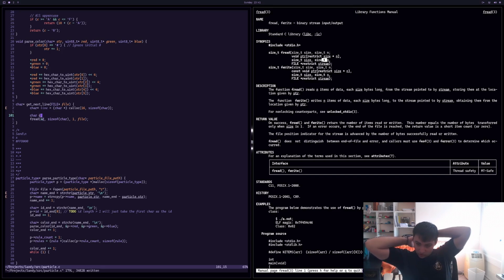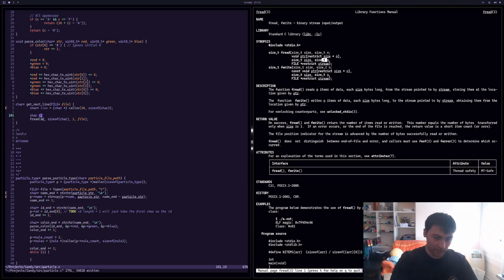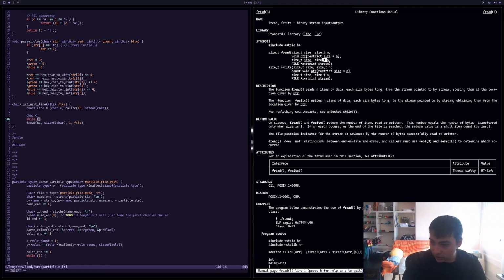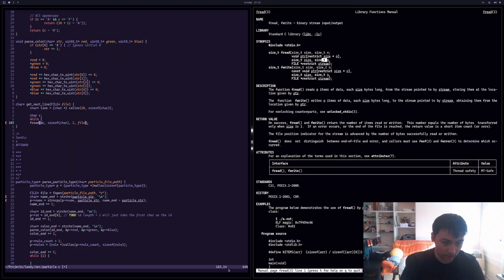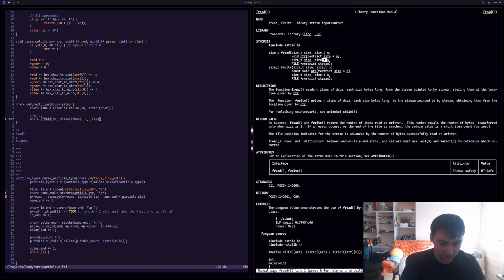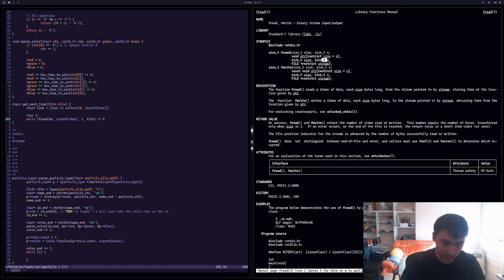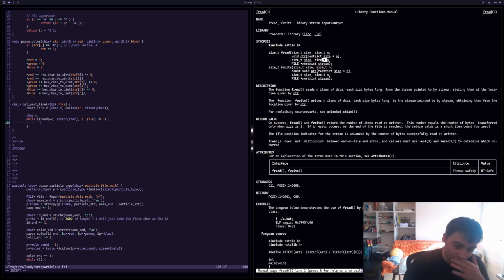Oh, it's size of char. If an error occurs or the end of the file is reached, the return value is a short item count or 0. Okay, so while an error occurs or the end of the file is reached, we'll do this. So while this is not equal to 0, then we will